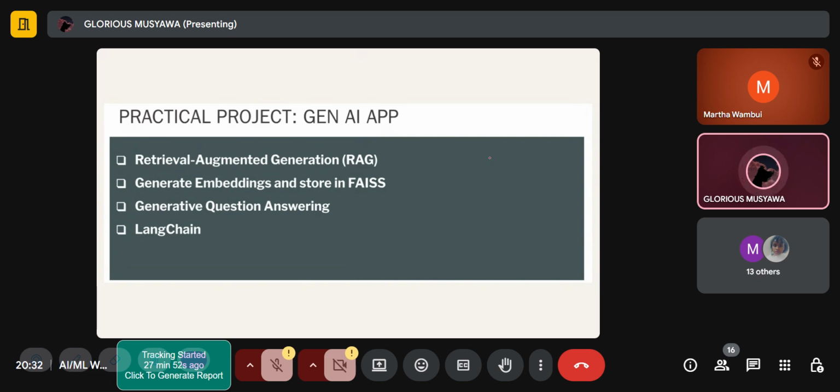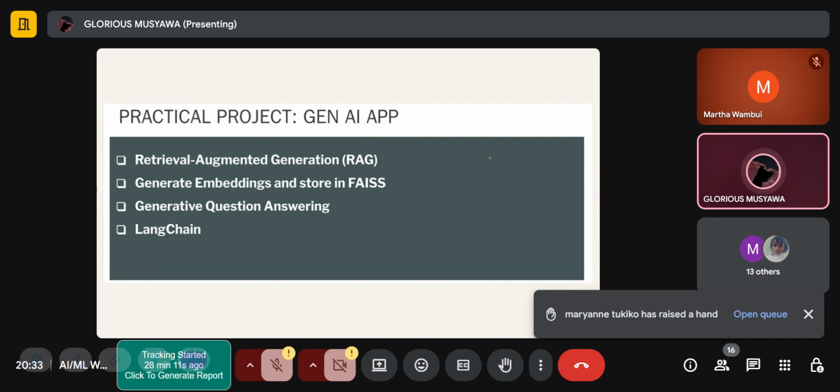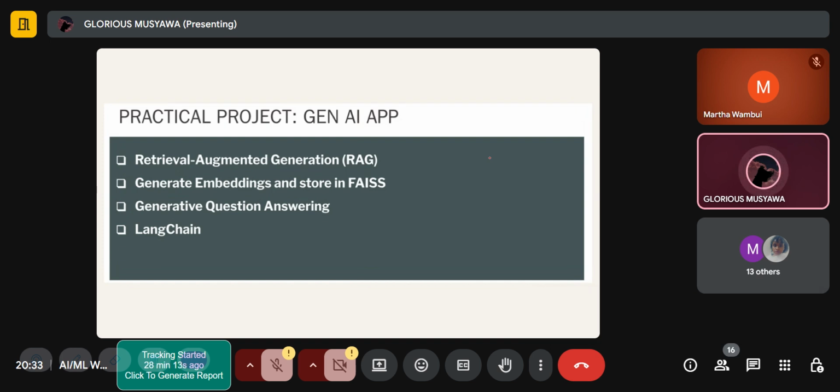So we have a small practical project, the final project, that I have decided we are going to do individually, because it's still guided. There's no need of doing a guided project as a group. You guys are not going to learn as much. So doing it individually is much better. It's on RAG.